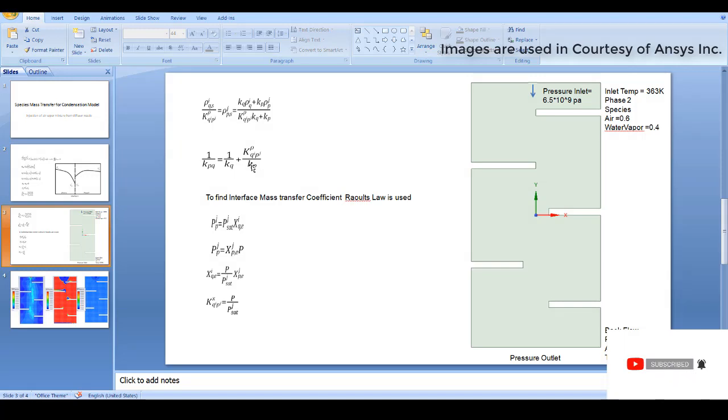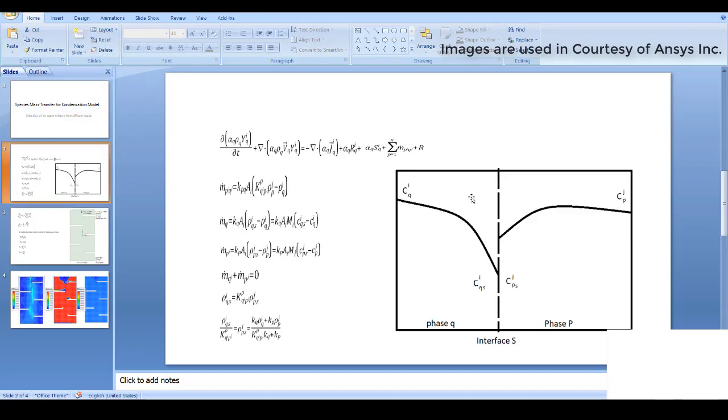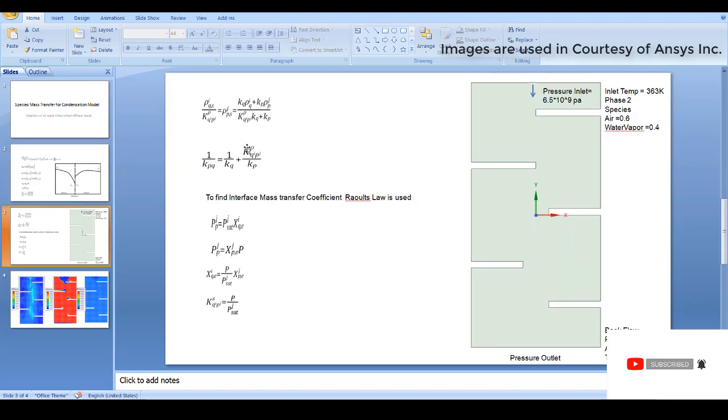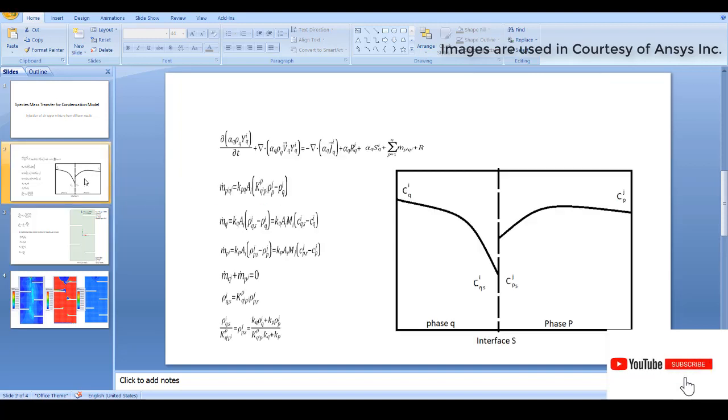There are different mass transfer models, but these would be only for either of this phase or this phase, not at the interface. These phases can be ascertained by the regular models, which I'll be showing in Fluent itself. But at this interface we have three different laws, either Raoult's law, Henry's law, or a constant equilibrium ratio, in order to find this equilibrium ratio K_qi_pi. From all these three we can get K_pq, and further substituting in this we can get the mass transfer rate.